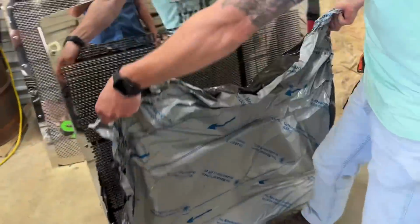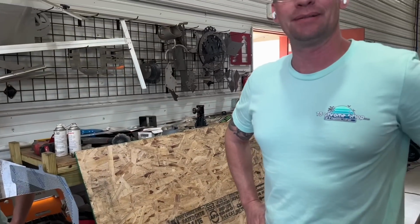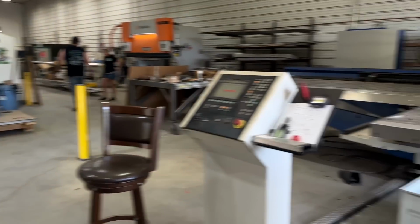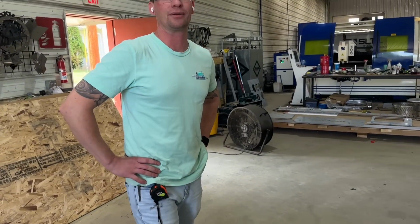How hard would it be to put like a cool Gentry and Sons logo in it? Wouldn't be hard. Yeah, we can get that done today. Man, you guys are amazing. That's why we got the best team this side of the Mississippi. You want the regular Gentry and Sons logo like we put in your mud flap white? Yeah, I was thinking, man,